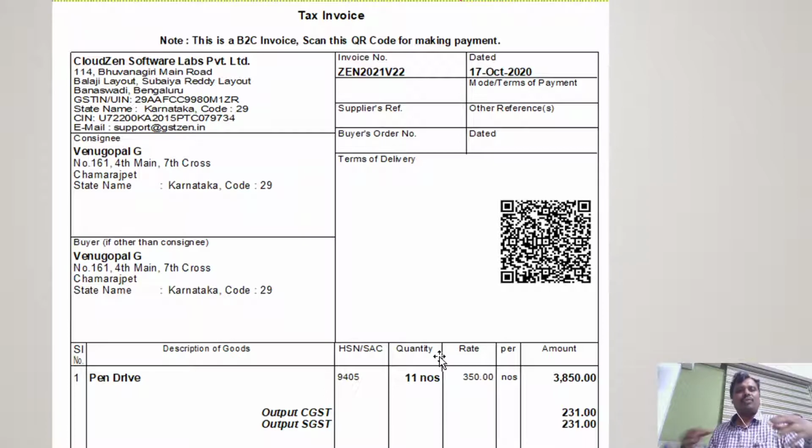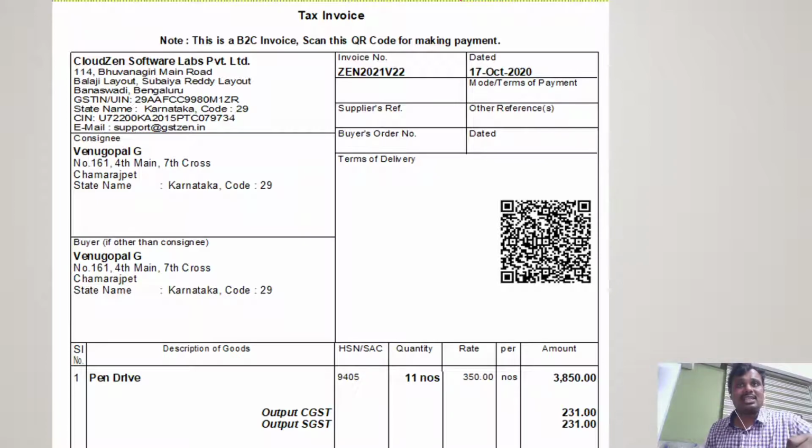So once you made a sale across the counter, you printed the invoice and you issued it to the customer, or you have a credit period, you have sent it to the customer. Customer can take the invoice, scan it using his mobile, and the payment would come. And the beauty of this dynamic QR code, why would I say it is dynamic, is that this QR code not just carries the payment details, it carries further additional information.